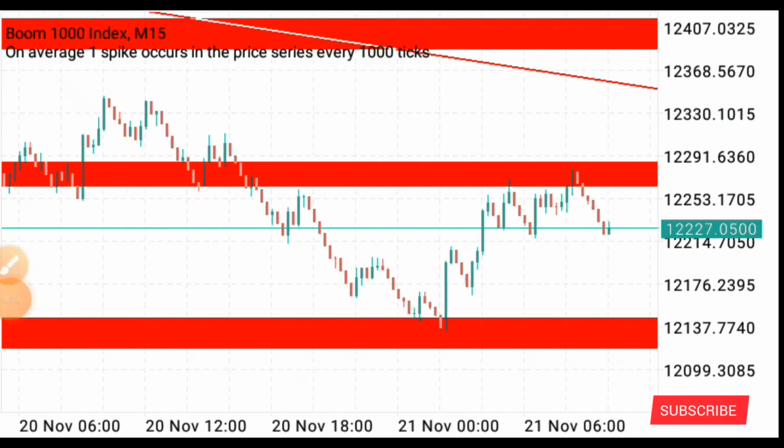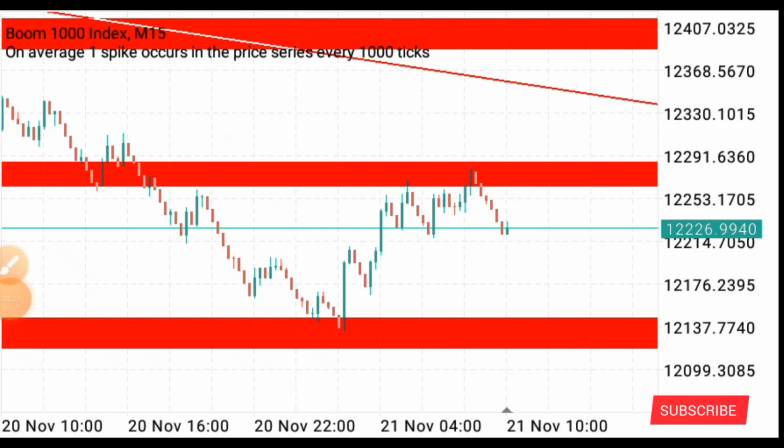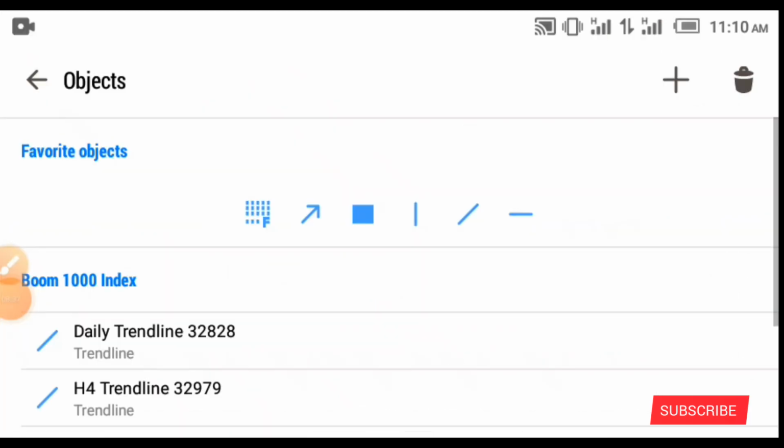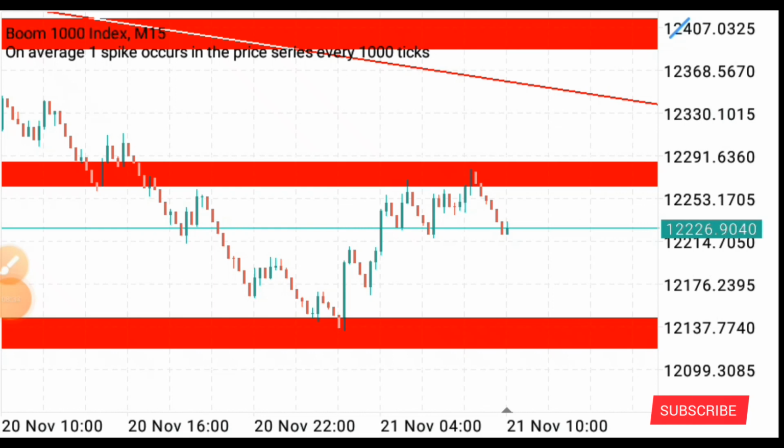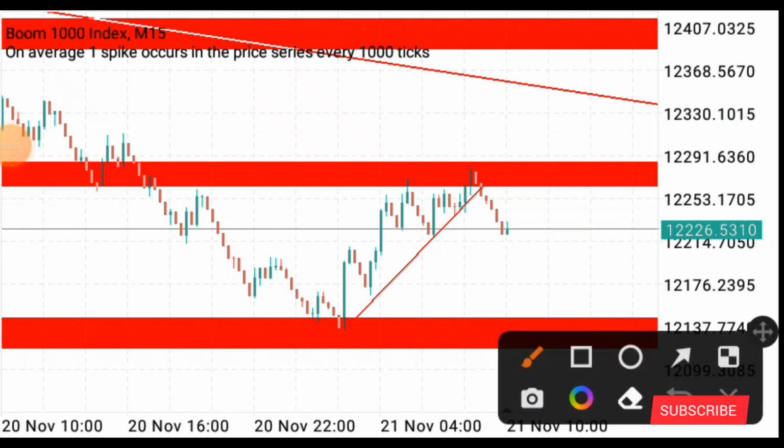So now you can see a clearer view of what's going on in the 15-minute time frame, right? I can also add something here to get a better understanding. So you can also add a trend line here if you want. You can see if I add my trend line here, price broke through that trend line and it's currently going down, right? There are two things that will happen: either price goes down here now, and bounces up from our support and resistance zone here, or